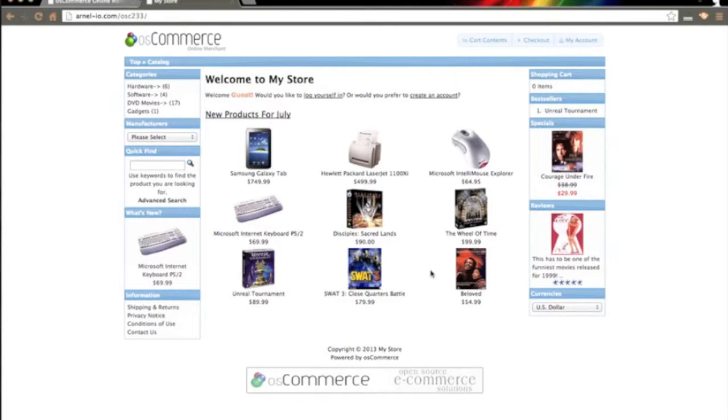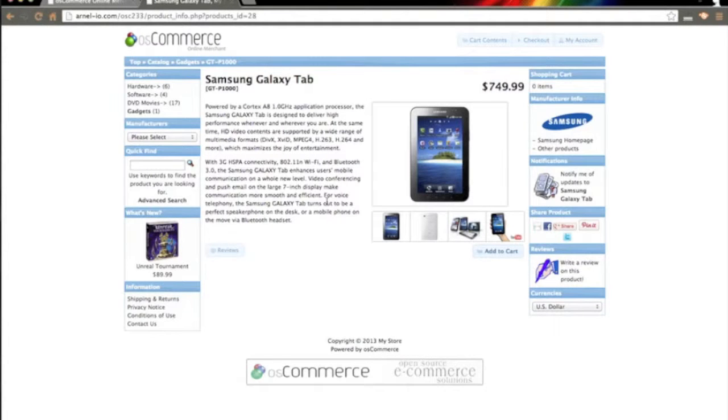Next, we're going to look at the front end of the site that's built right away when you load up OSCommerce. This is dummy data that's actually in there right now, so you can get an idea of how it would look if it was populated with your products. As you're working with different types of e-commerce software, you'll find that many of them have the same features. You're going to have to take a look and see which one meets your needs